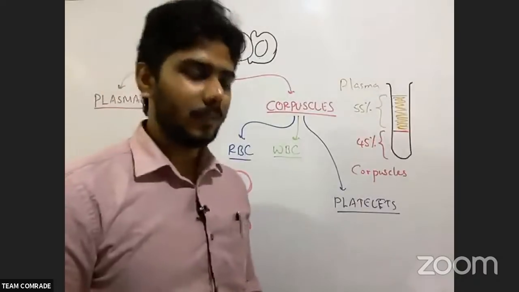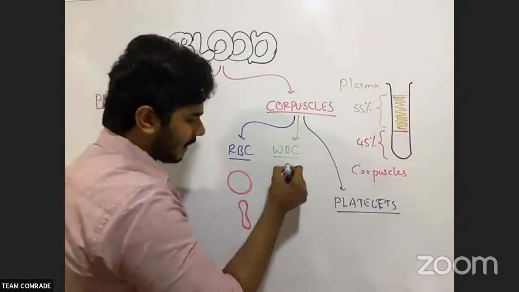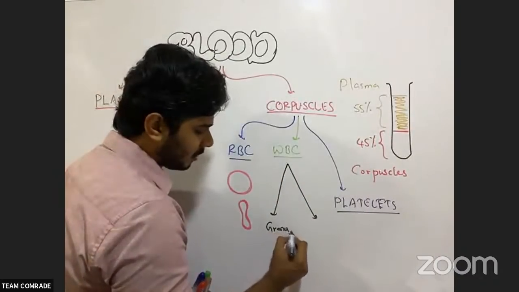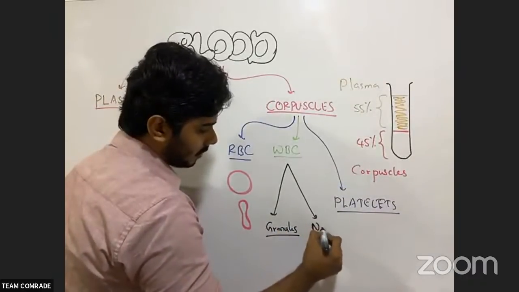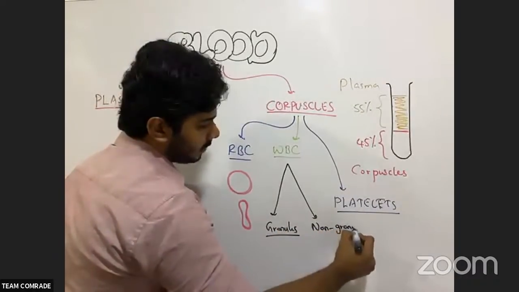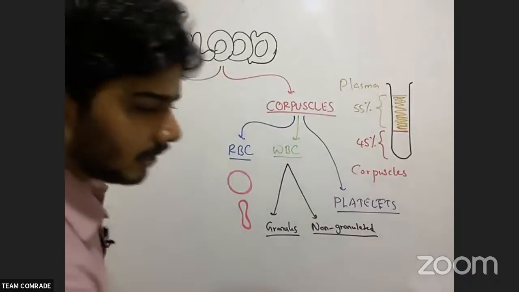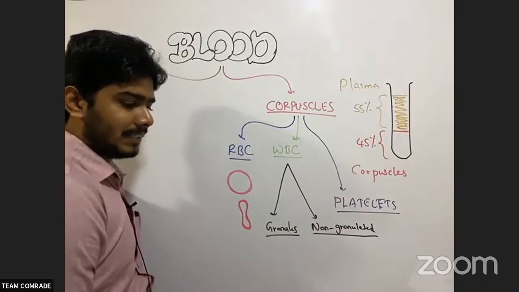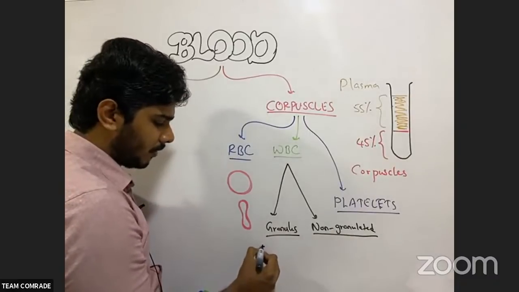WBC, we have 5 types actually, right? There are 5 types. Okay, actually, they are also divided into 2 parts. Finally, with granules, that we call granulated, right? And without granules, non-granulated, right? So here, white blood cells with granules, there are 3 types, what we call